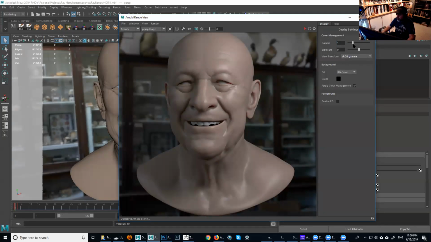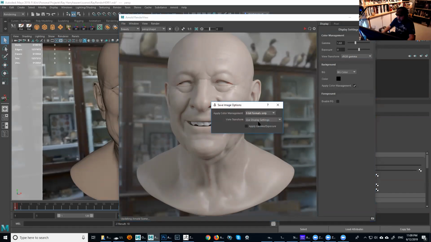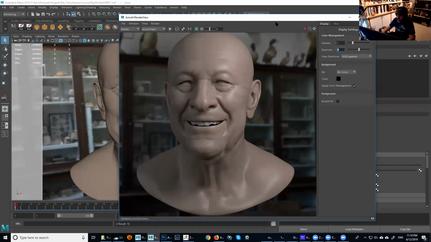And then obviously, if you're doing anything here, you're gonna have to make sure that you're carrying those changes when you're going to Photoshop, for example. So in that case, you have save image options here. You have those options that say apply gamma and exposure, right? Just make sure that you have those in there. And then it has the transform as well that matches that one, so you can use it in there. Color management 8 bits or enable, you can just enable it. But yeah, so let's see, 1 and 0. That's basically the default in there.